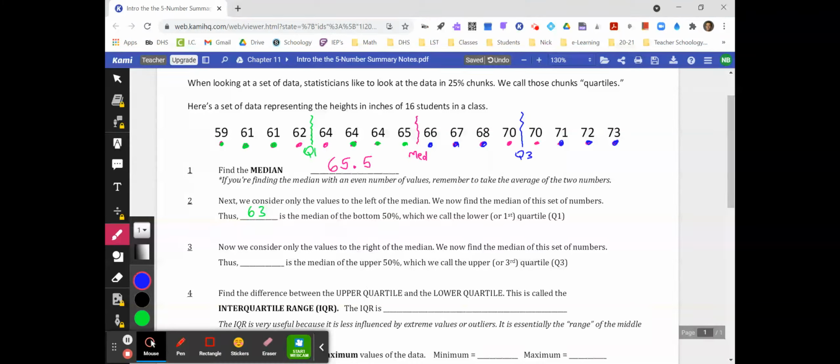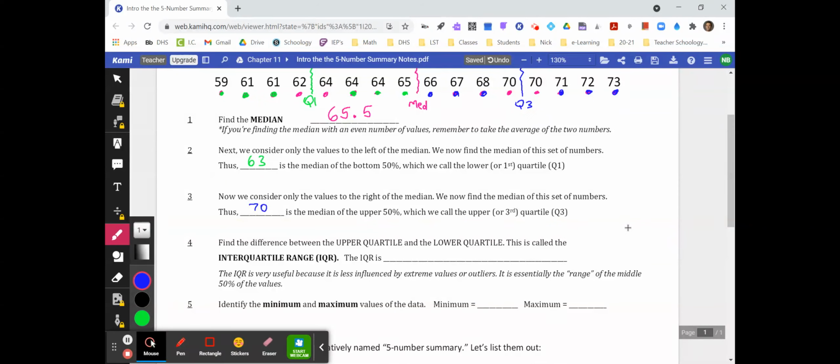That's our median of the upper 50%. So 70 plus 70 divided by 2 is just going to give us that 70 there. So that 70 is the median of the upper 50%, which we're going to call the upper quartile or third quartile, or Q3. So now we're going to find the difference between the upper quartile and the lower quartile,